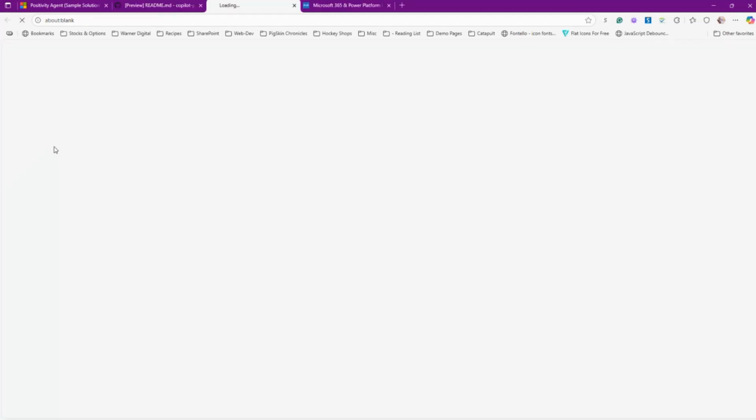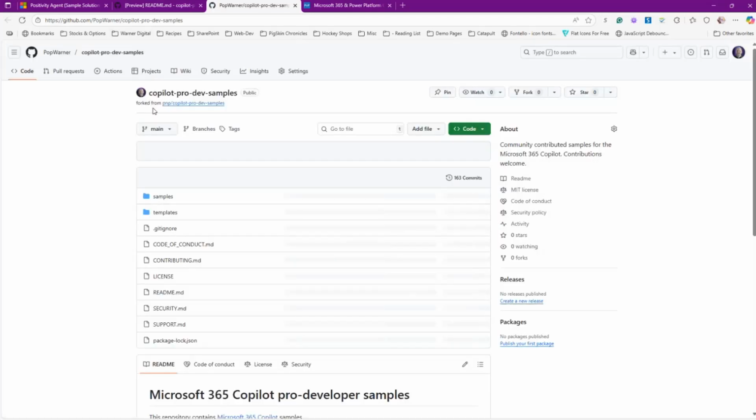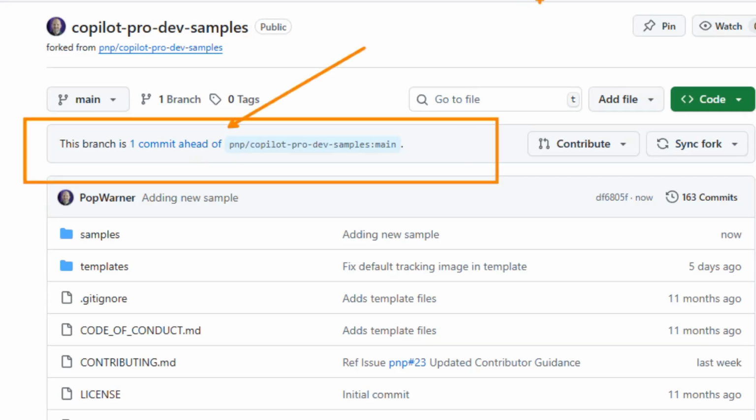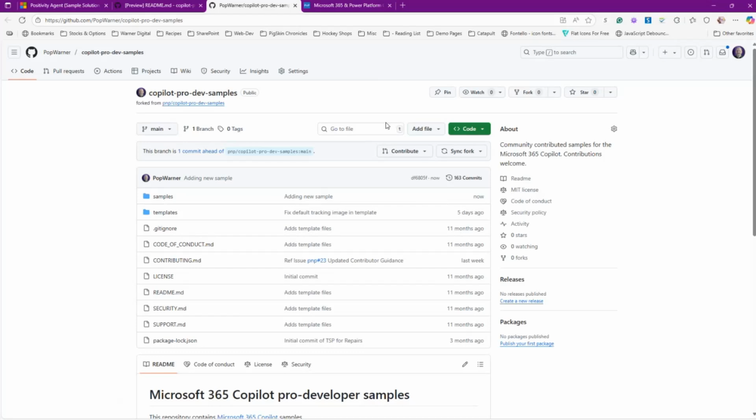Anyways, go to repository, and it's going to take me back to my repository. So now I'm in the Copilot Pro Dev Samples, and it tells me your branch is 1 commit ahead. That means that I've added something. It's ahead of production. And so now I'm going to come to the contribute button,